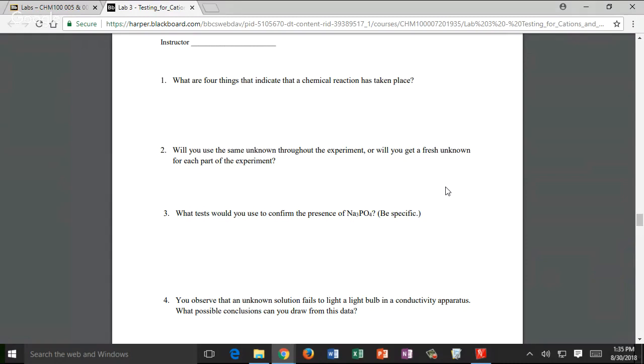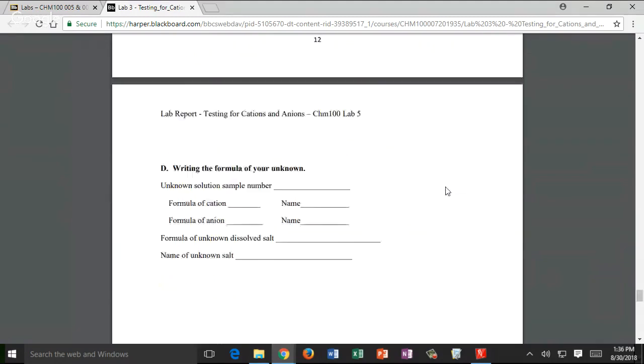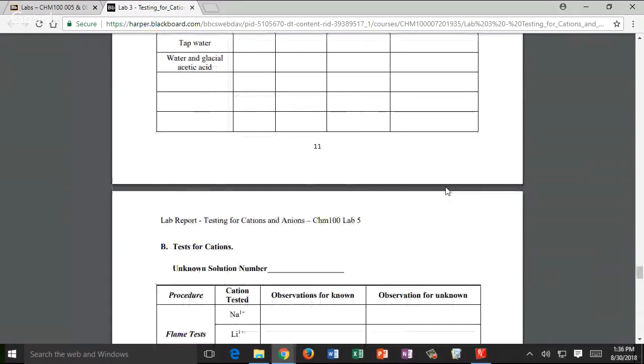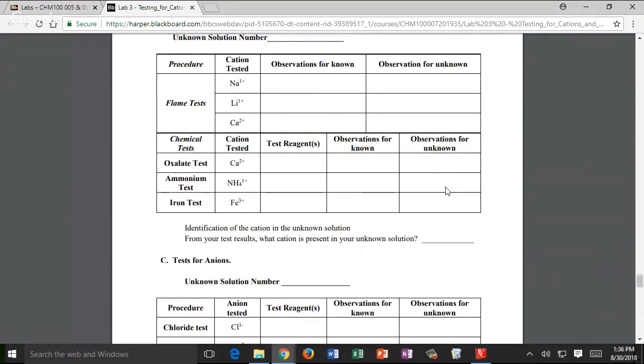So please do it. As with before, you can choose if you'd rather do it on paper and turn it in from a scanned paper, or if you'd rather just write the answers in your notebook. You don't have to repeat questions. This lab is set up similarly to this week's lab, so you have the instructions, and then you have some data blanks, and it's again your choice if you want to write the stuff in the tables here, or organize it in your own way in your notebook.